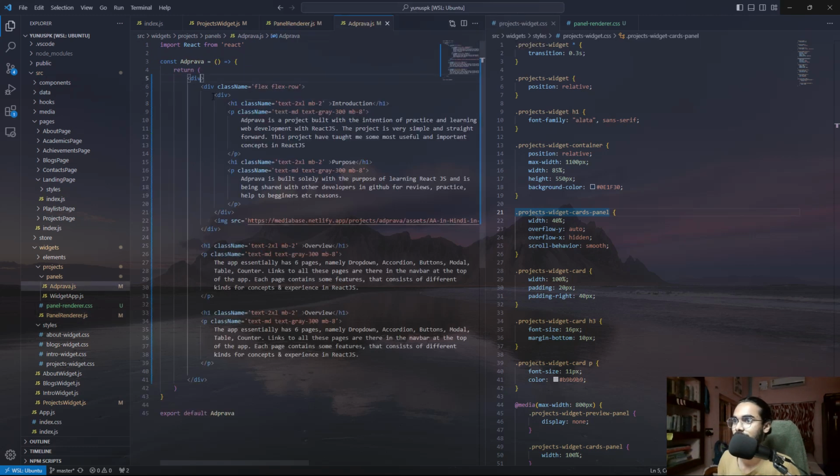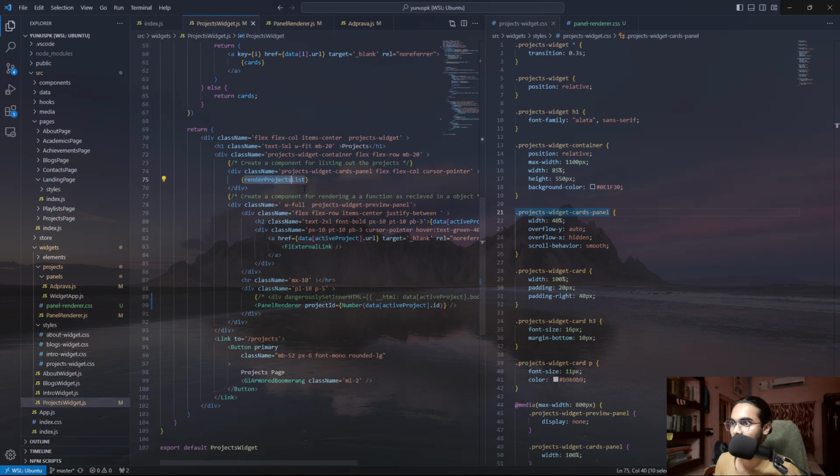What if I have the same thing? This is projects widget cards. We have projects widget card, okay, cards panel, okay, that's good. Now we have this div which does not have a name, so I'm going to just add projects widget panel, projects widget preview panel,